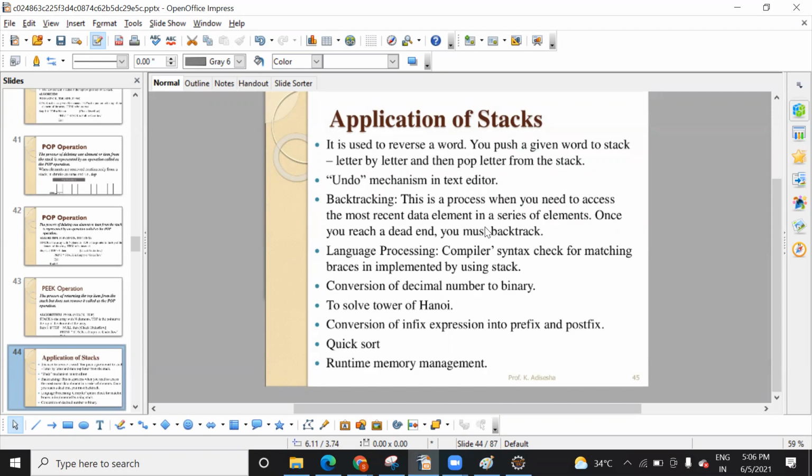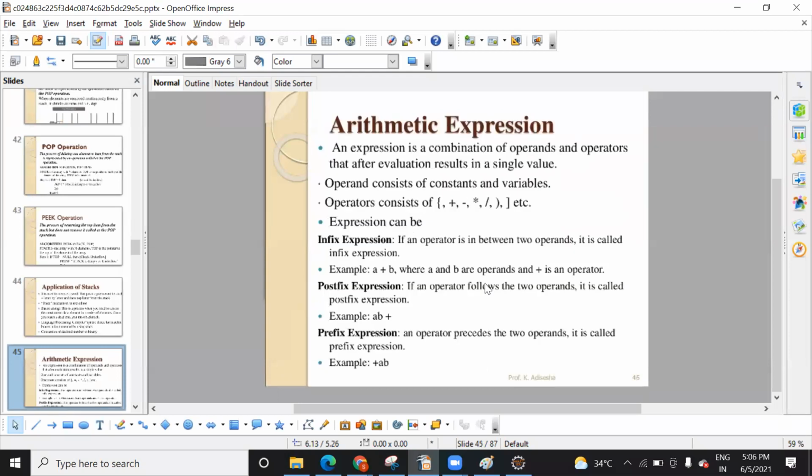And have you studied Automata, TOC, compiler design? In those subjects, compiler design and TOC, we also use this stack. And the arithmetic operations that we do in our system are also done with the help of a stack. They also use a stack in order to perform operations when you are using a long expression, because you need some memory to save the operands and operators first.